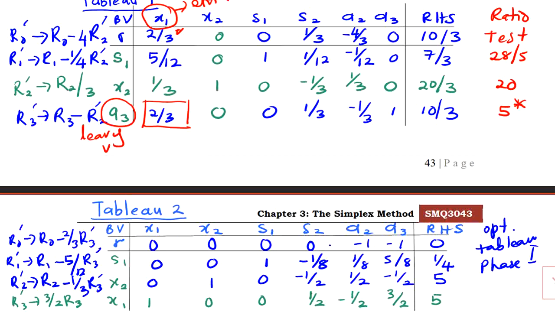Okay, so for the next phase, phase 2, we must remove these 2 columns, A2 and A3, because they are fake variables or artificial variables. So we can remove them, and then we need to replace row 0 by the original objective function from the LP